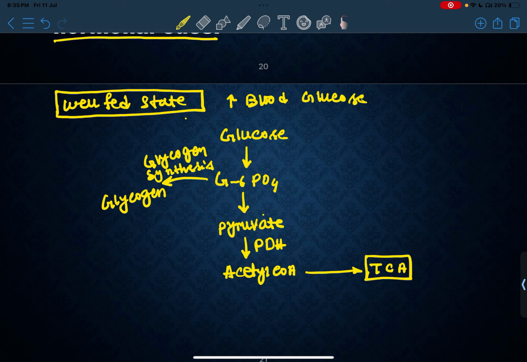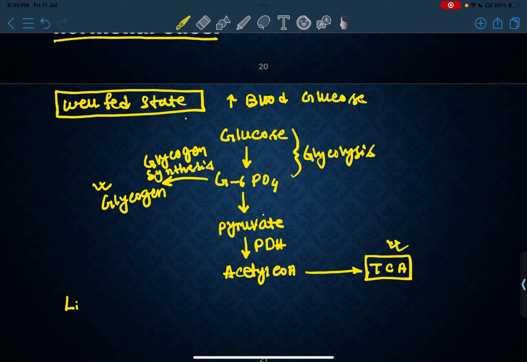So this TCA cycle happens in the liver and glycogen will be stored in the liver, and this pathway from glucose is glycolysis, you already know. This pathway, glucose to acetyl coenzyme A, is common for all. Okay,